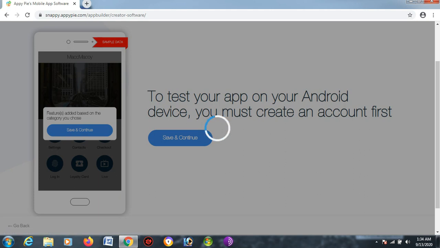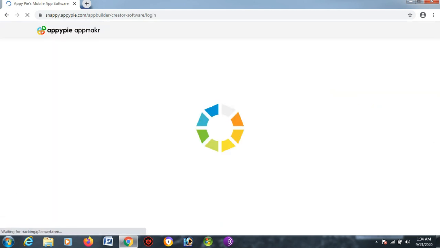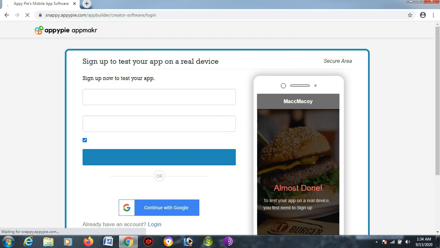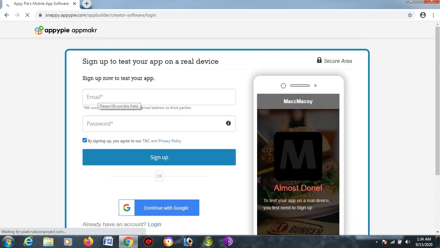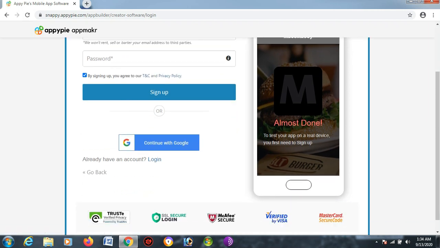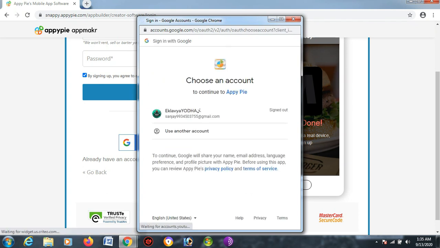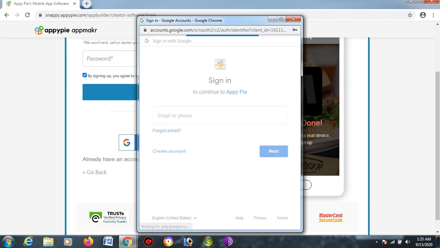Note, to proceed forward you need to have a Google account. It is a very mandatory part that you should have a Google account. From here you can just give your email and password, or else just click on your Google account. Continue with Google. I will click here.